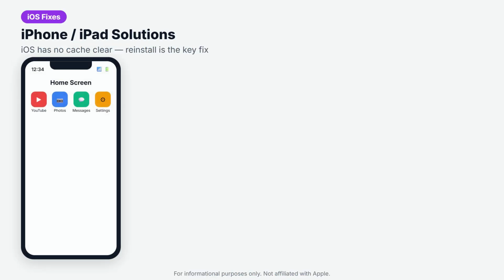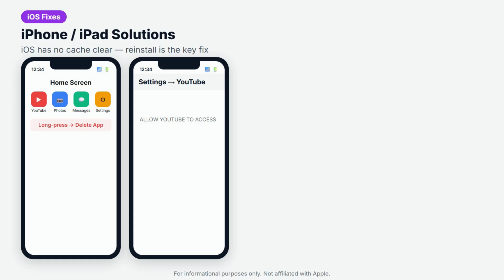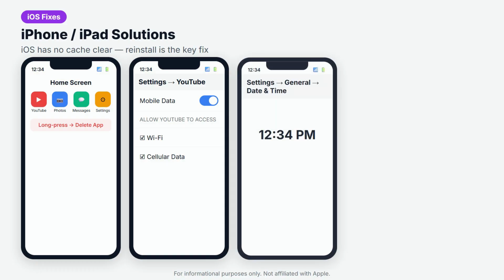On iPhone, iOS does not have a cache clear option. Delete the YouTube app completely, restart your iPhone, then reinstall YouTube from the App Store. Also check that mobile data is enabled for YouTube in Settings, and verify that date and time is set automatically